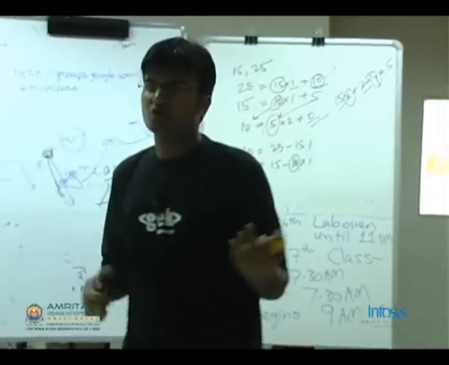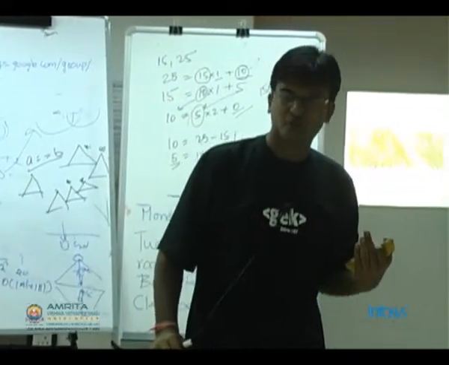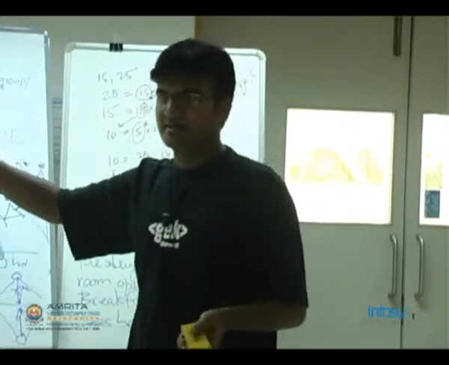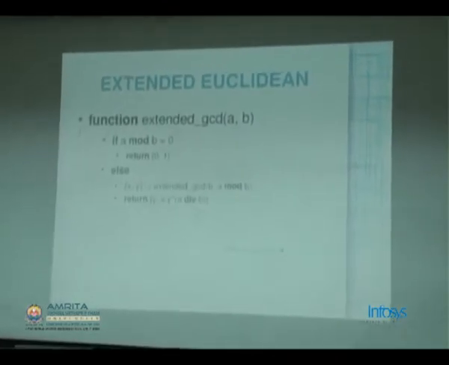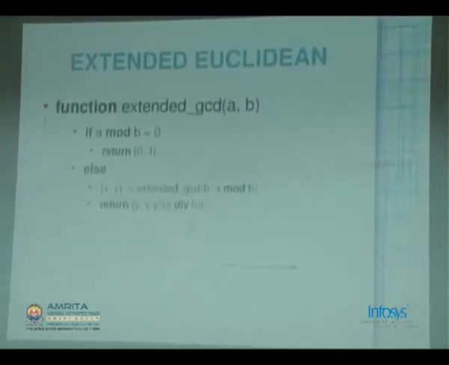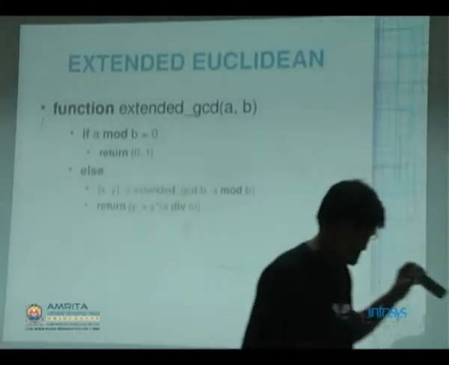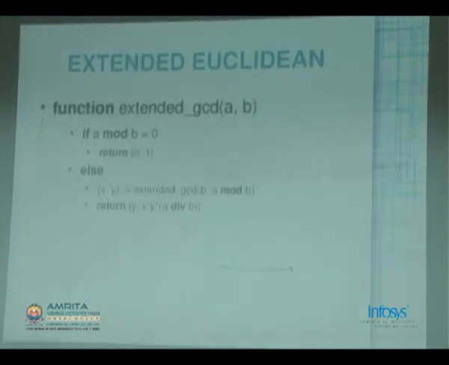The thing is that most of the time when you will be coding in programming competitions, you would not necessarily need to code extended GCD every time. So it is advisable that you have this in your library. Whenever you need to use it, just include that part of the code in your code. In this code, of course, the case when b is equal to 0 is not handled. You might have to handle it separately. So that's not an issue.